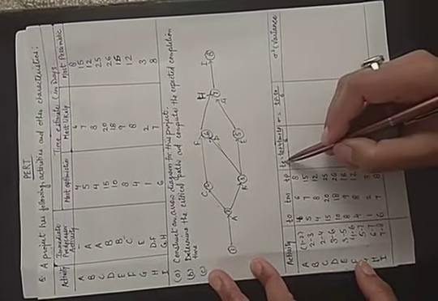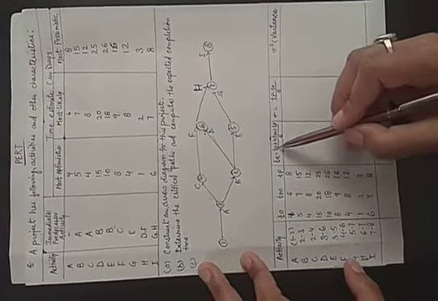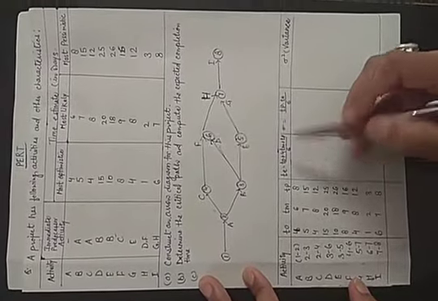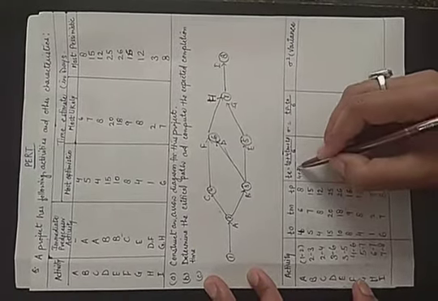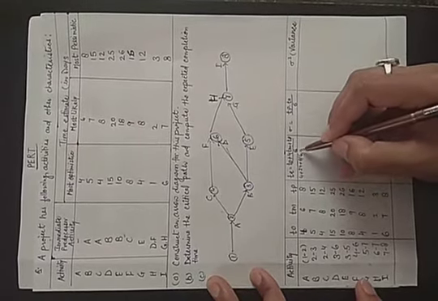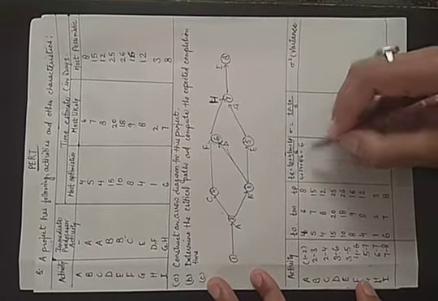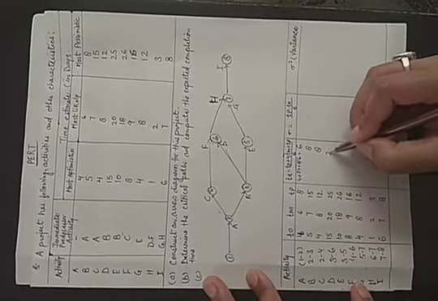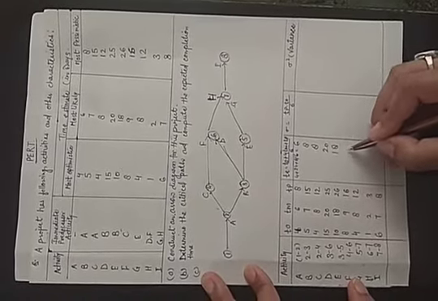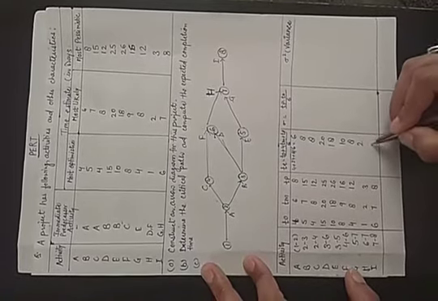Now we will find the expected time from the 3 time estimates: TO plus 4TM plus TP divided by 6. So this is 4 plus 4 times 6, that is 24, plus 8, divided by 6. If you solve, this will be equal to 6. Similarly, we will calculate all of these. This will be equal to 8, 8, 20, 18, 10, 8, 2 and 7.